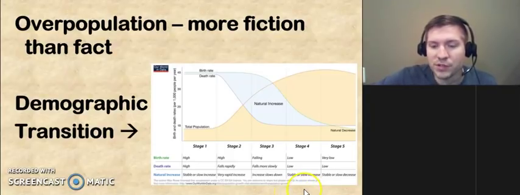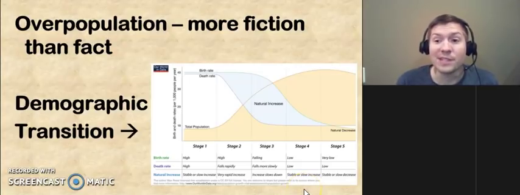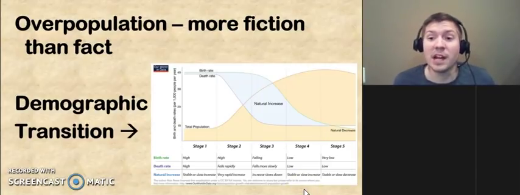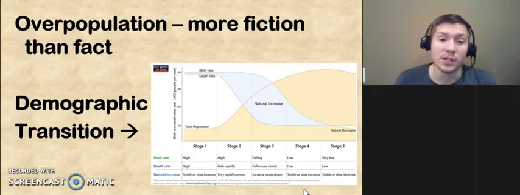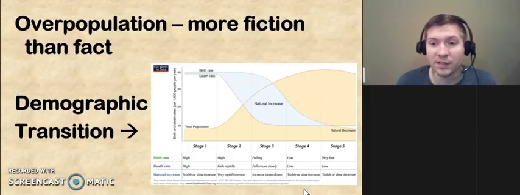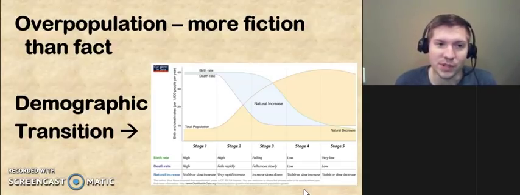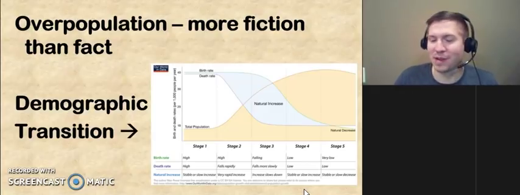As countries move into stage 4 or 5, the birth rate decreases even further, at which time you may get the population leveling out or even decreasing. So a lot of countries have seen this already happen, and we think most countries as they develop will go through this transition as well, which means we think that population will increase, will slow down, and eventually level out. So we may never see the doomsday scenarios of continents crowded out with people.